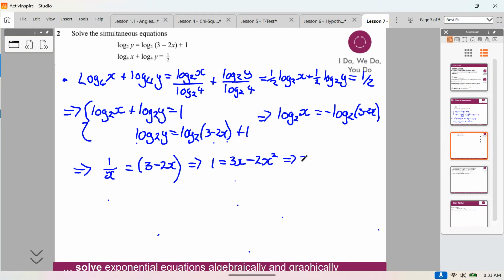And then rearrange to the quadratic. Then I can factor that to 2x